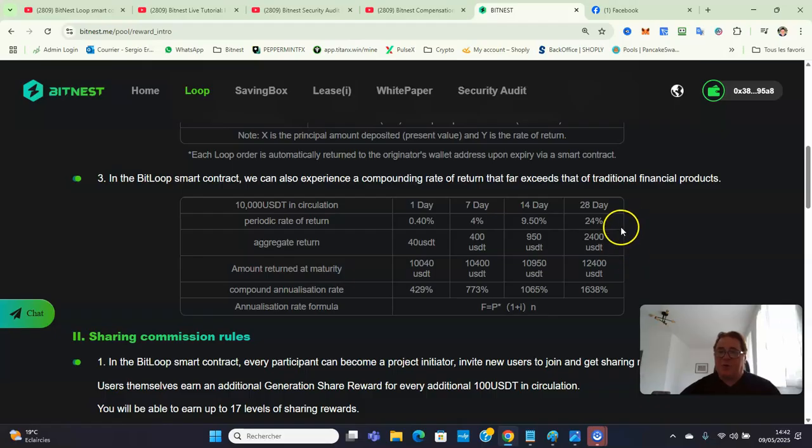Okay, if you put $1,000, a small amount, 1,000 USDT for 28 days, you get 24%. But what about if, after the 28 days, you re-inject your money and what you have gained inside, and you do that for 1 year? If you do that for 1 year, you will get a whopping